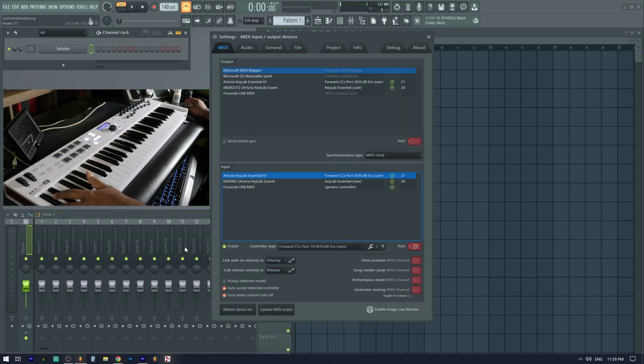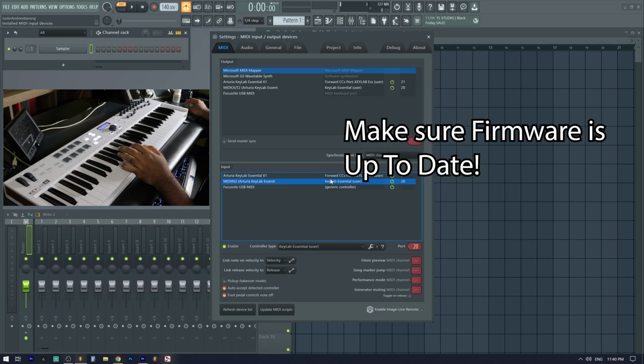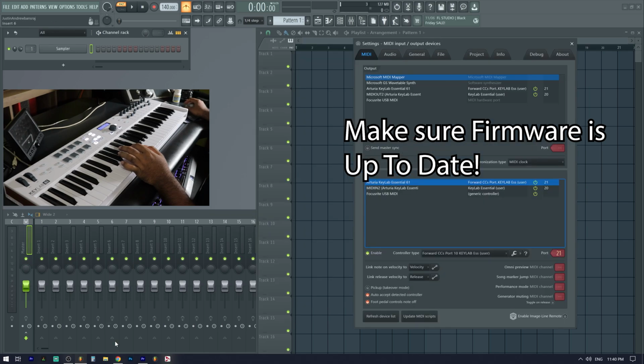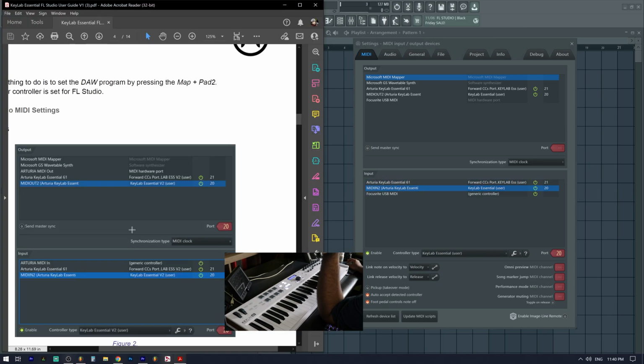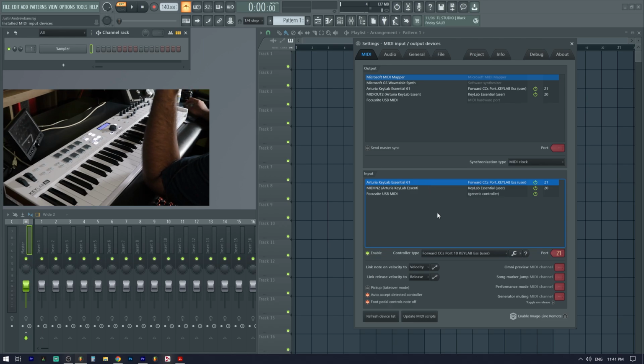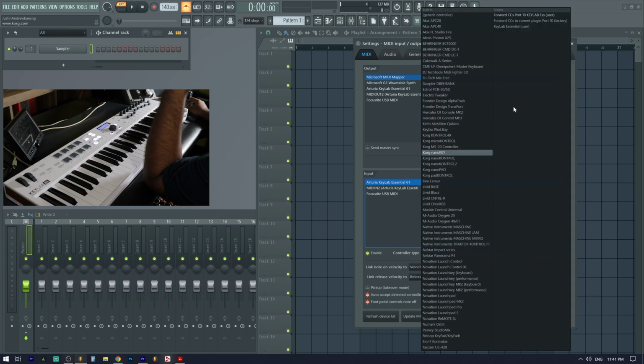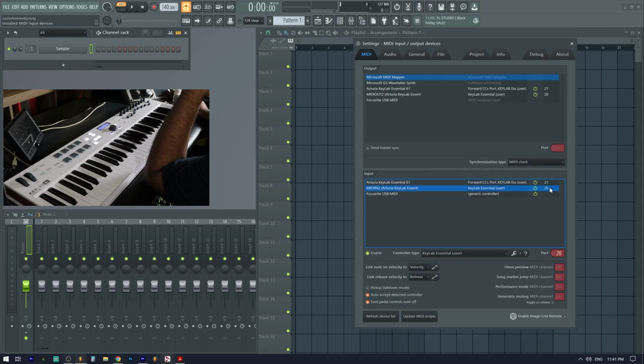Afterwards, make sure that your hardware is connected, it is recognized, and then you're going to want to select the correct controller for this. In my case with the PDF, now notice it says Essential V2 and stuff. That was just an older build, but make sure you have the same controller type selected. So for this one, it says MIDI in2, that's going to be the Keylab Essential. So you're going to click there, click on the controller type, and then you'll have to find it around the scripts area. Don't forget to set up the ports as well.